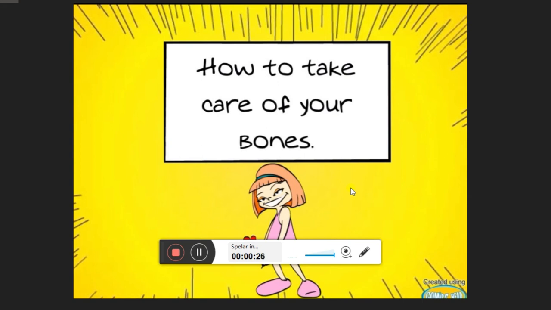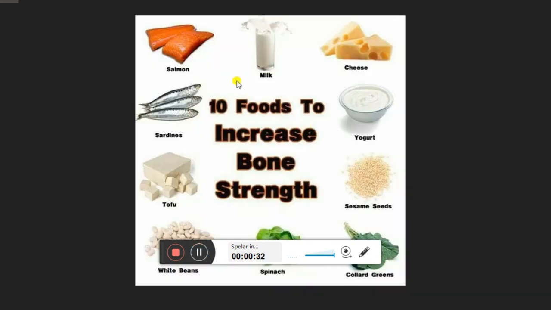Basically food items which make our body strong or the bones strong are salmon, a kind of fish. Then here also the fish is there, that is sardines. And then milk is very important, that is it gives lots of calcium for the body. Then cheese is there, yogurt, that means so many milk products are there. Then sesame seed is there, and then spinach is there. Then white beans, and then some kind of cottage cheese is also there. So these all are basically the milk products. They are very much helpful for the calcium and for the bones.